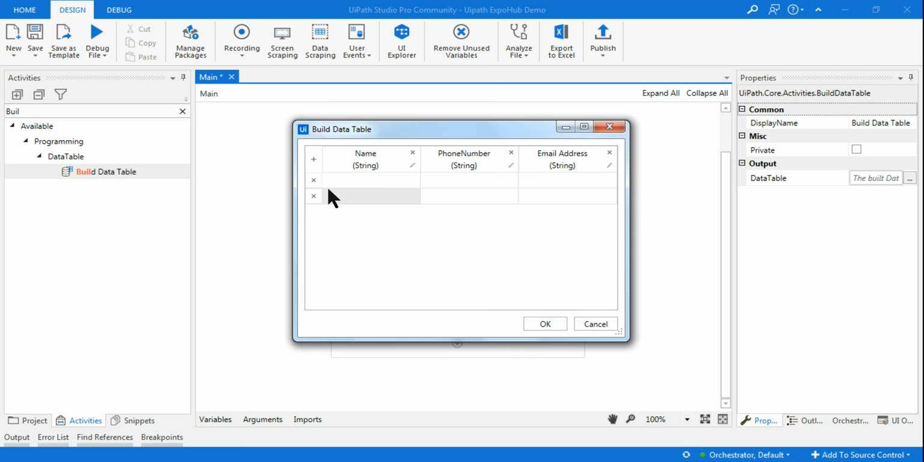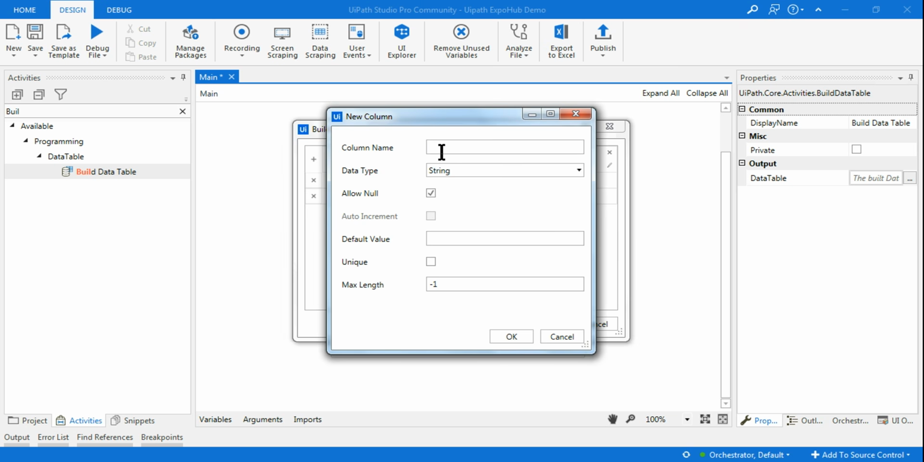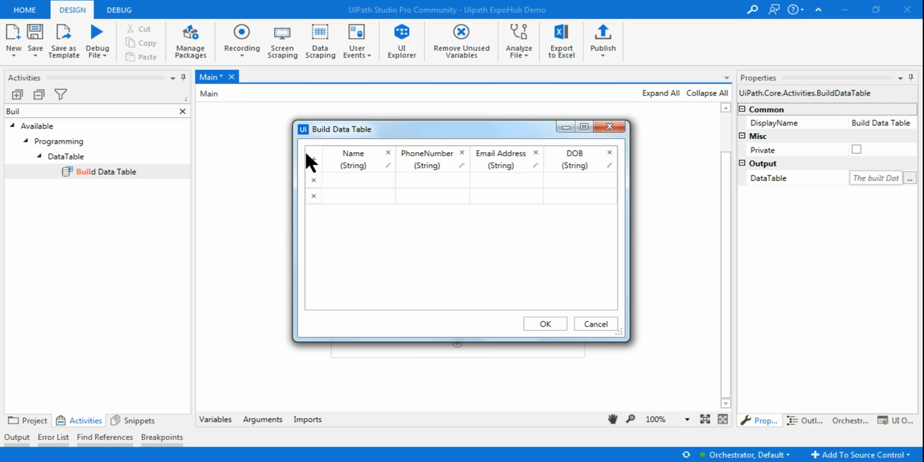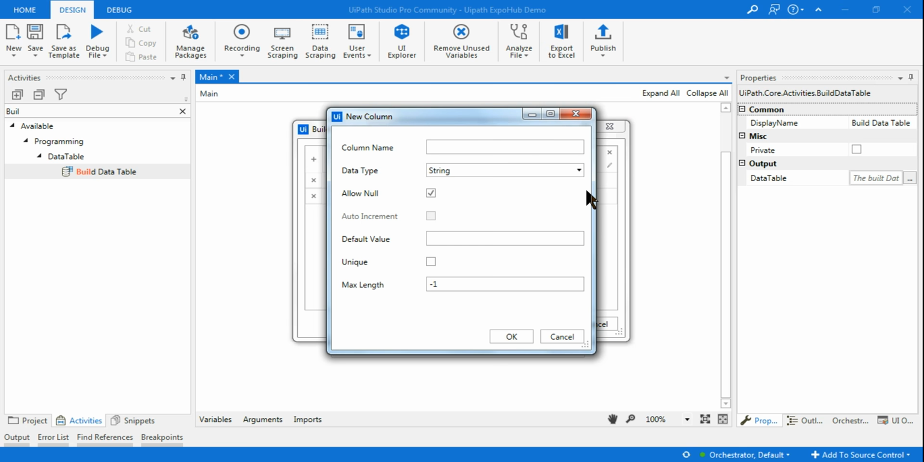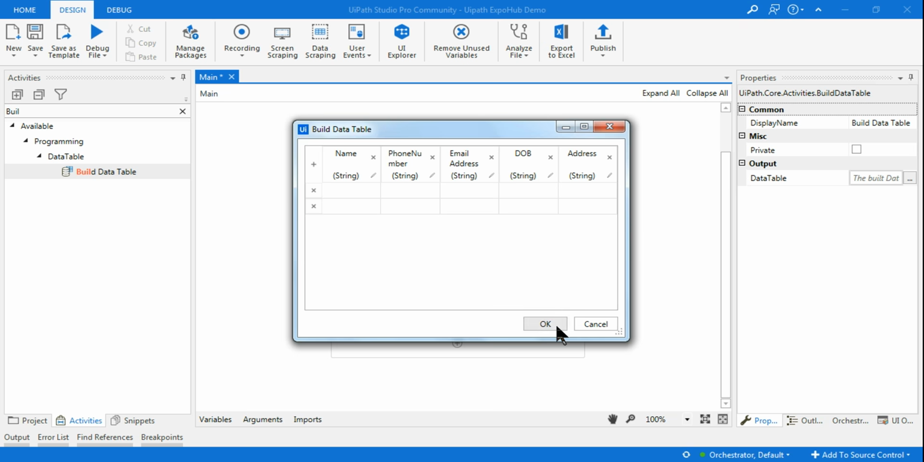Email address. And the next thing will be date of birth, DOB. Okay, and the final thing I want to fetch is, let's say, address, his address. Okay, where he stays. So once I build the data table, I'm good. Click on OK,